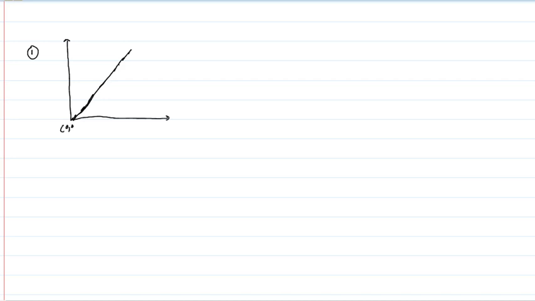Suppose I will first draw the straight lines. Suppose this is straight line number 1, but it starts from the origin. This is straight line 1. It starts from the 0 0 coordinate. You can see this is the y-axis, this is the x-axis. One more graph or straight line we can plot like this.